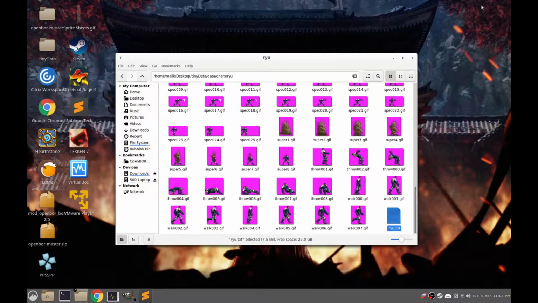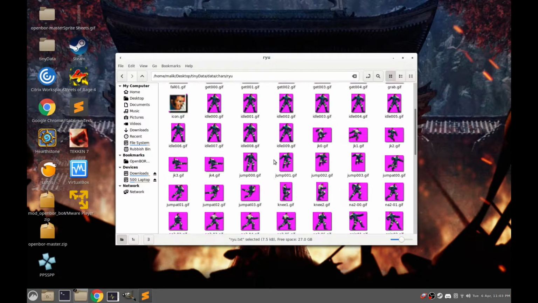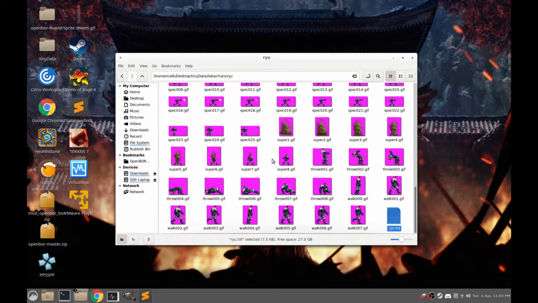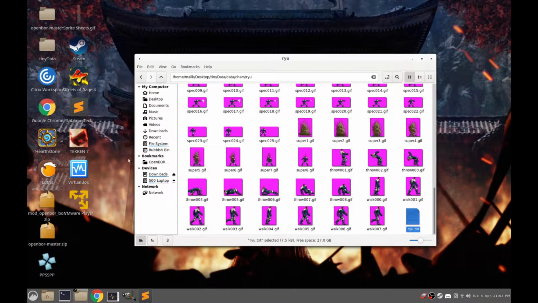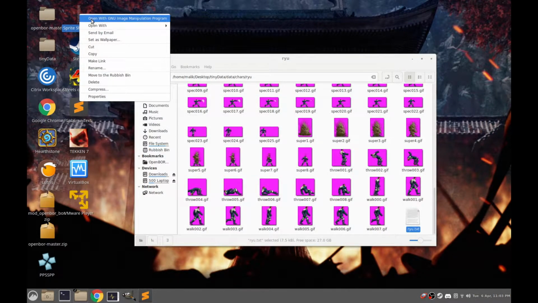So we need sprites. So as you can see, this guy's got his own sprites. We want to replace them with a new character's sprites, Ryu's sprites. So I've got him here somewhere. Here he is. So this is a GIF image I downloaded. If I open that with GIMP,